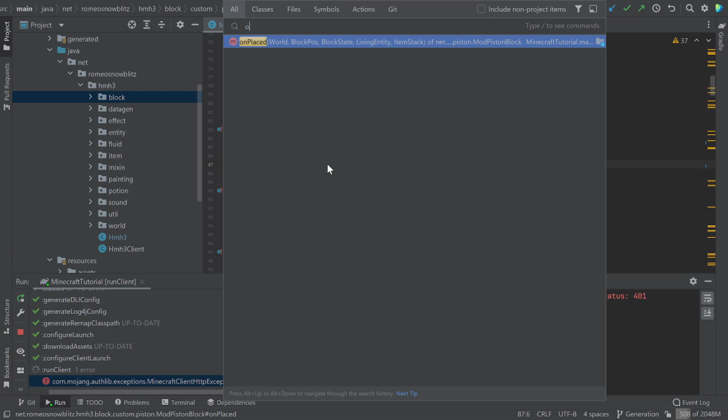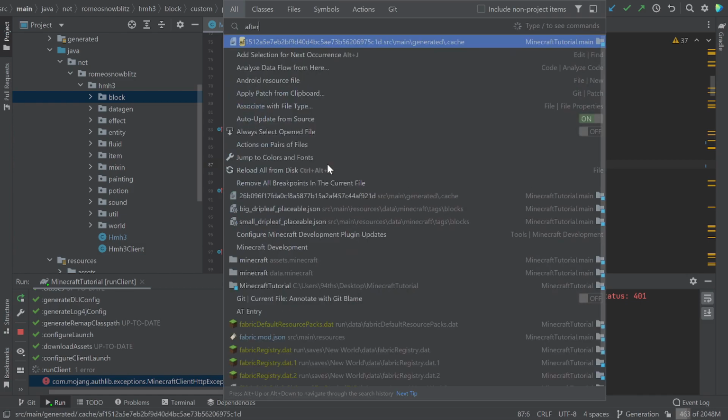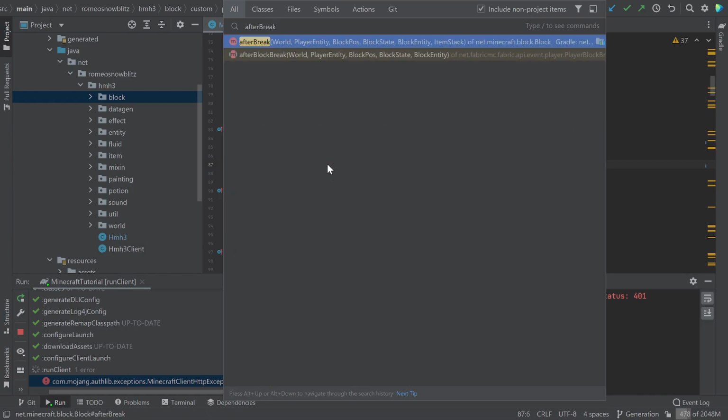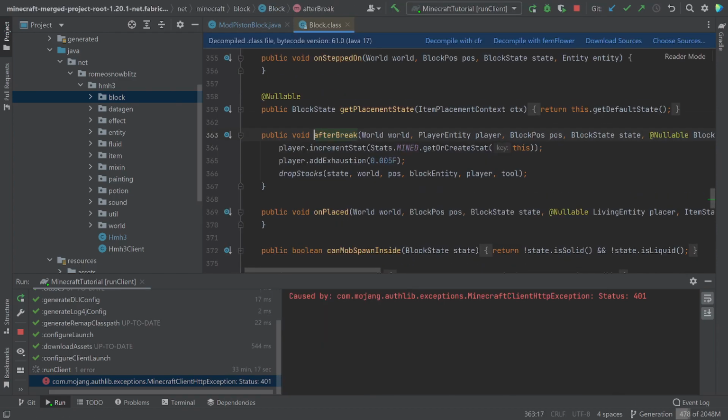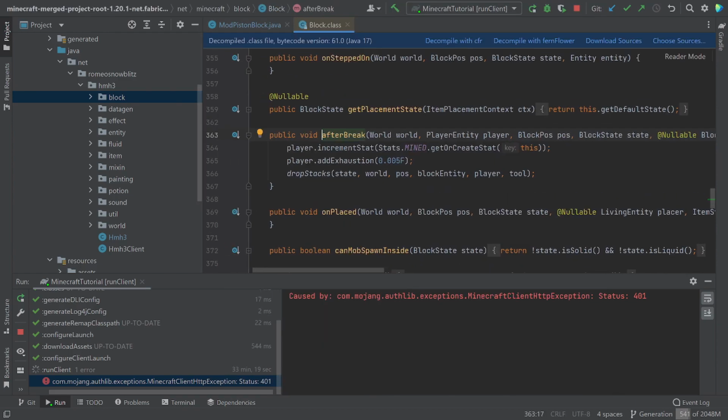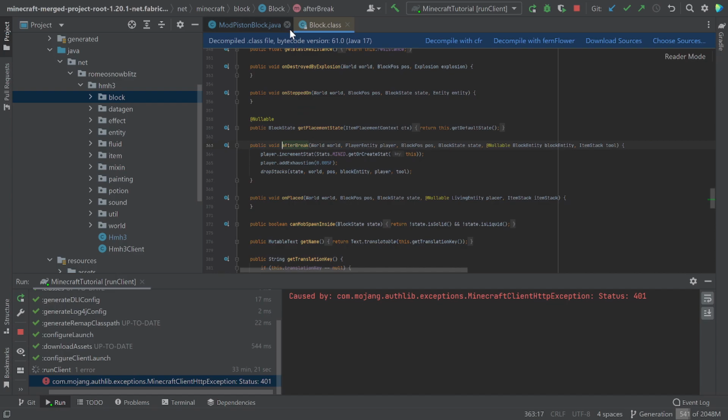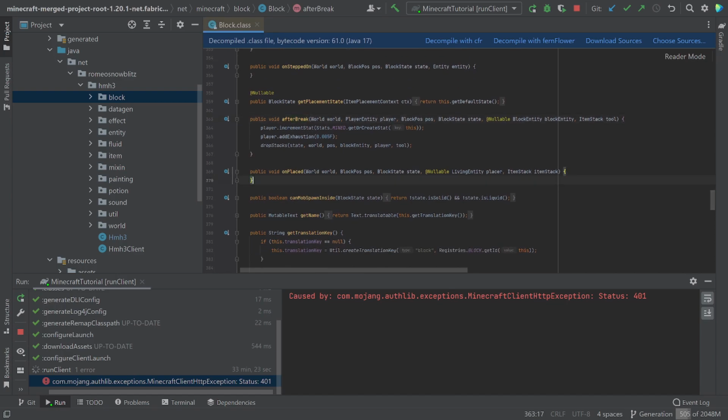Each feature has a special and unique function to make the game more fun to play with. And in this tutorial that I'm calling Minecraft Methodology, think of a method like an action, such as onPlaced or afterBreak. There are many actions that can be called in blocks, items, and entities. A method requires parameters, which is everything that is involved when a method action takes place.